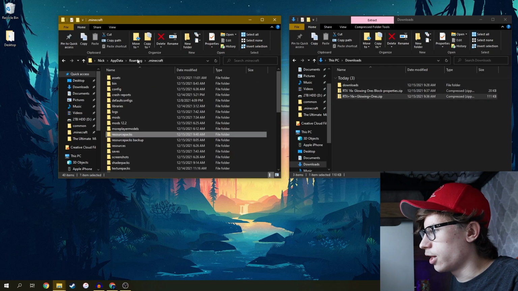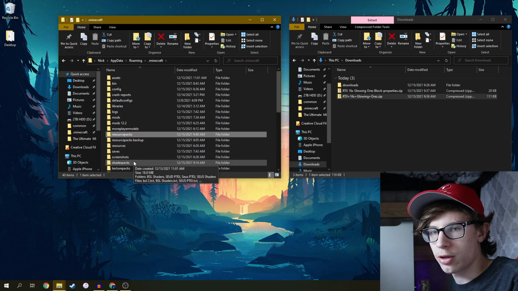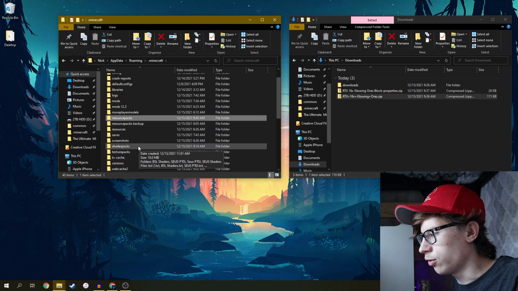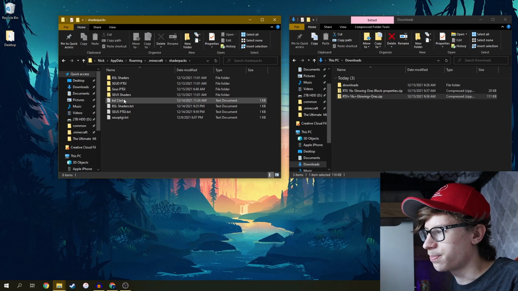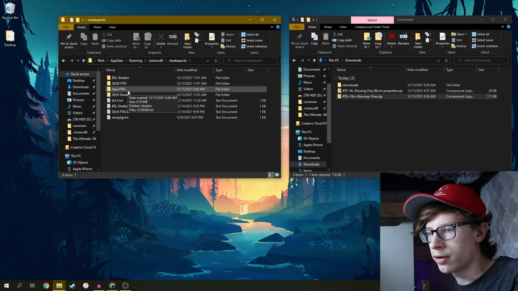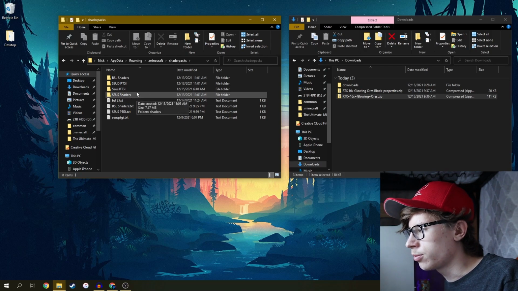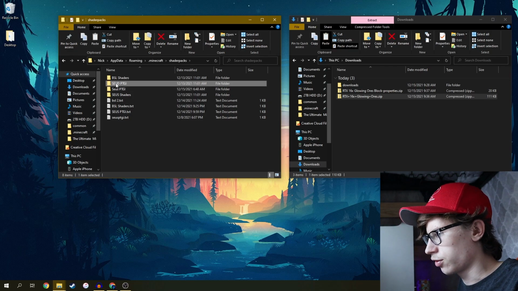And now we actually have to install the blocks.properties file into the shaders folder. So you're going to want to go back to the .minecraft folder and then open up shader packs right here. And then you can see I already have several different SUS PTGI folders, because as I was experimenting with this, I didn't want to accidentally corrupt my original folder, which is why I made duplicates of it. So what I'm just gonna do here is make a new copy of this. Just gonna copy and paste that,